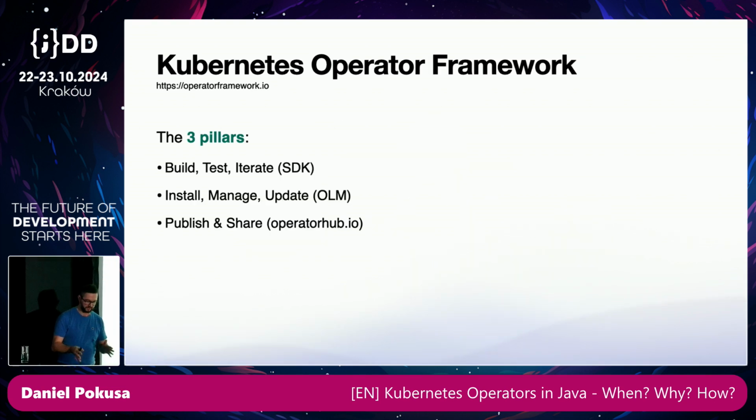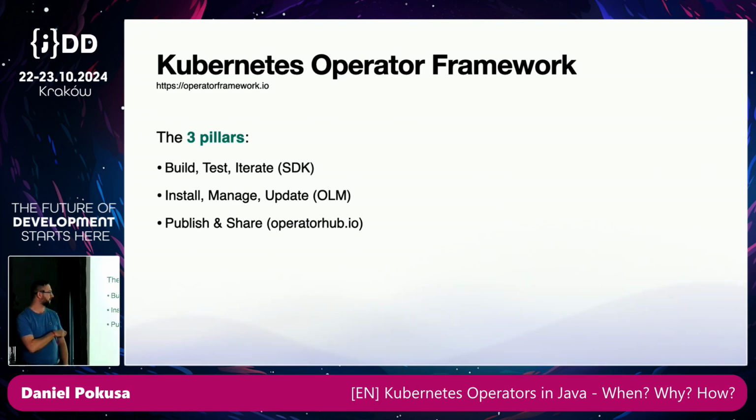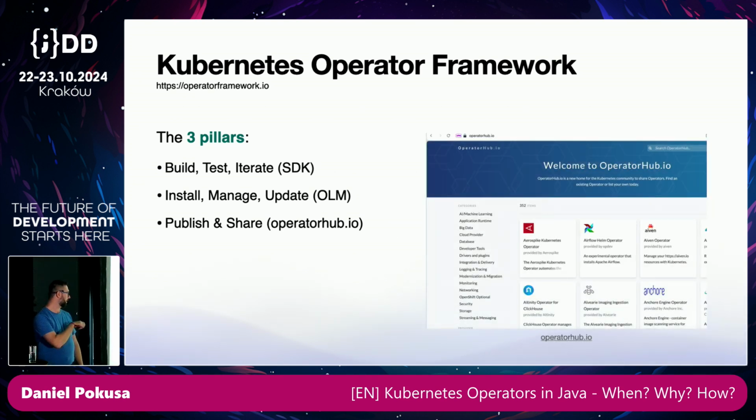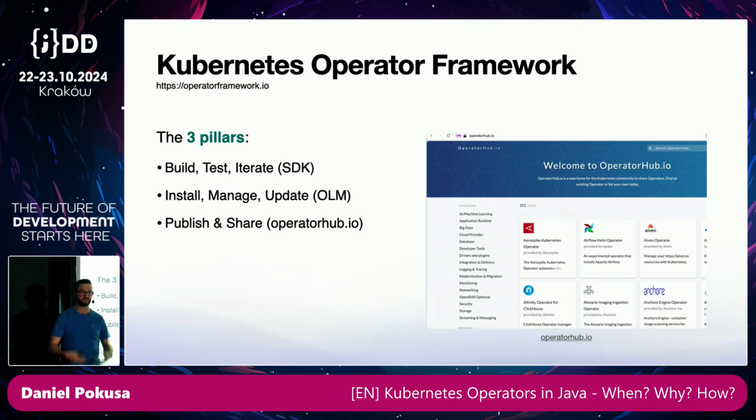There are three pillars for Kubernetes operators. The first one is build, test, iterate. It's called SDK. The second one is how to install, manage, update operators. It's called OLM. And there is the OperatorHub.io page, where you can publish and share your own operators. There are plenty of operators. You can go through them, maybe get some inspiration on how to proceed. But the more important thing is